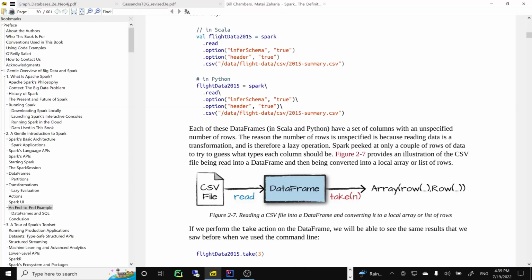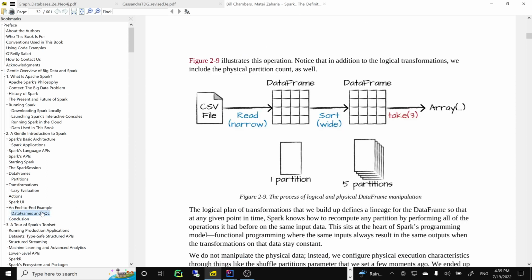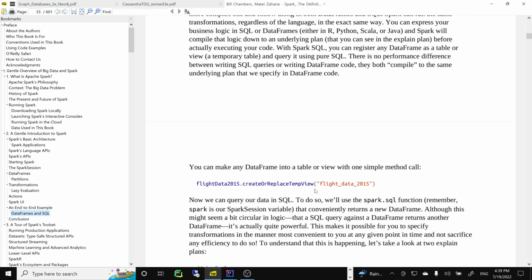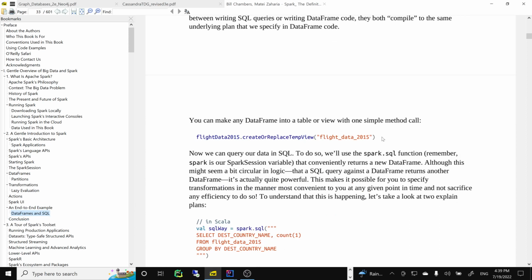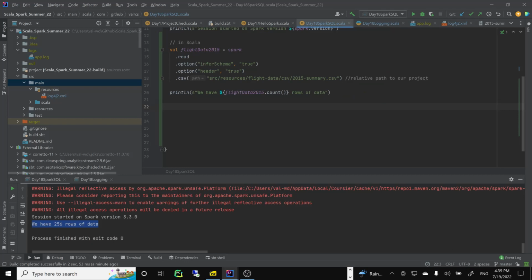We can create a view, right? So we can create something like this. We can create a temporary view. So what does it do, right? So SQL way, right? Flight data. So we basically say, okay, create a view. So now we can use SQL syntax. If we want to use SQL syntax on our data frames,